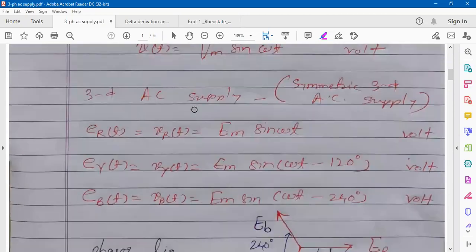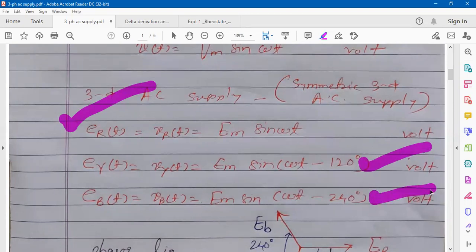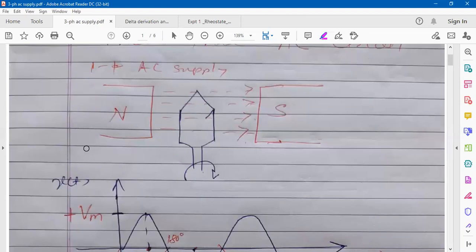And in a 3-phase AC generator, these 3 coils are so designed or put up on the stator so that a phase difference of 120 degree will be there. Like this is the arrangement. See here what is done. You can see EMF is induced in the rotating part. This is nothing but, you can say, a smaller generator.